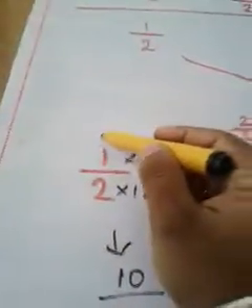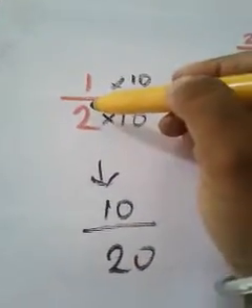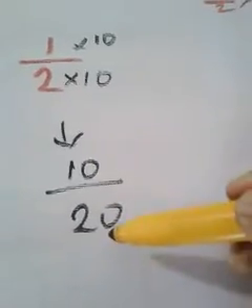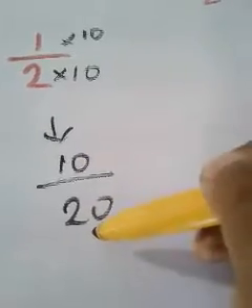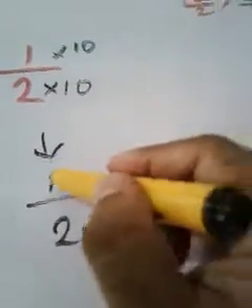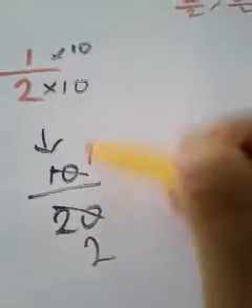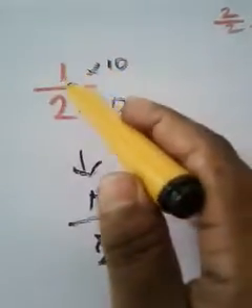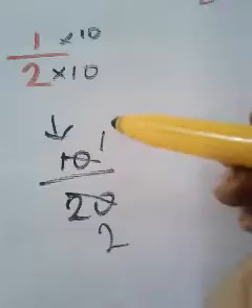See, actually 10 by 20 is nothing but 1 by 2. Do you want to see that? You just reduce 10 by 20. By which number can you reduce? Which is a common factor of 10 and 20? Yes, 10 is a common factor. In 10, how many 10 is there? 1. In 20, how many 10 is there? 2. So we will get the same rational number. That means instead of 1 by 2, you can write 10 by 20 also. Why? Because 10 by 20 is nothing but 1 by 2.